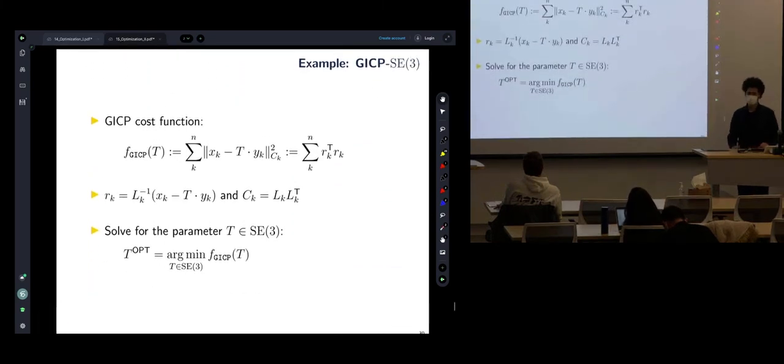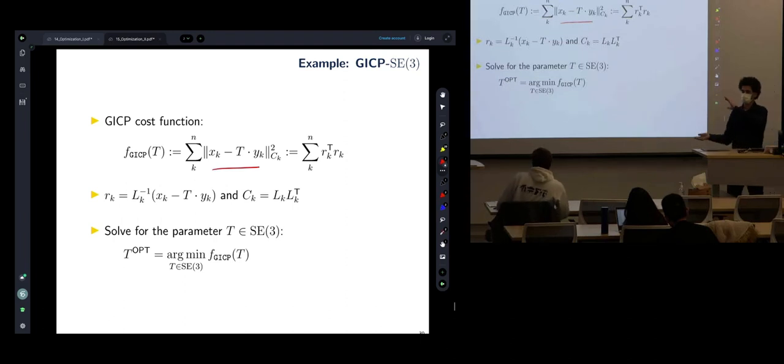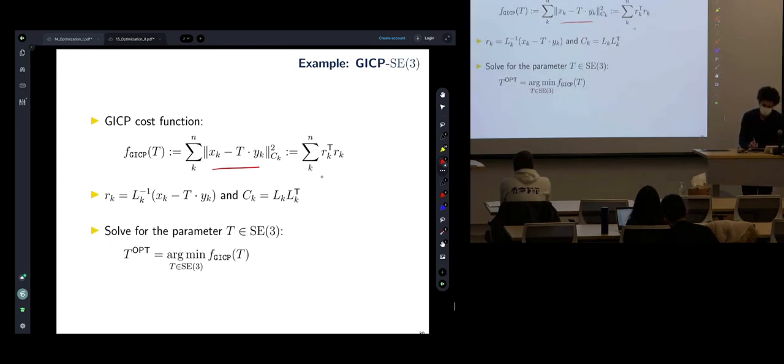So there's a last example that I'll quickly go through and leave for the point cloud registration lecture. This is a point cloud registration problem where we want to minimize a distance between two sets of points, when one of the sets, here y, all of it is transformed by a rigid body transformation so that it gets aligned with point cloud x. So ultimately, this is a least squares problem, and this notation in this case means